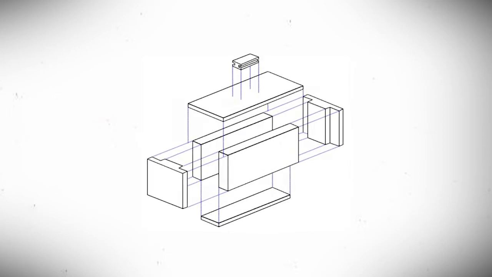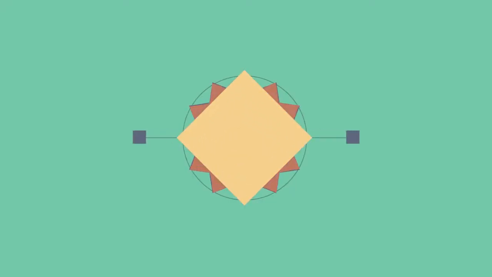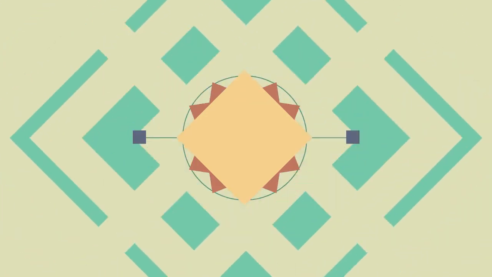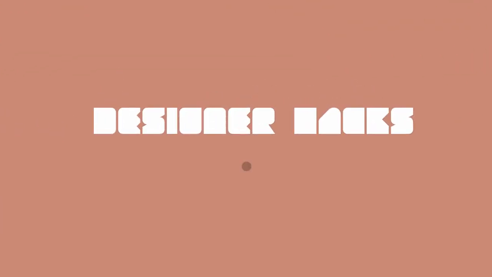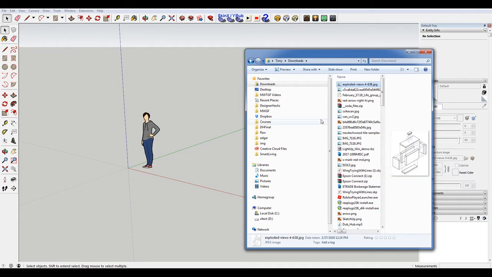In this session, I'm going to teach you how to model from an exploded isometric diagram. I found this exploded drawing of a jewelry box online, and I'm just going to import it to my drawing here. So I'm just going to drag and drop that,